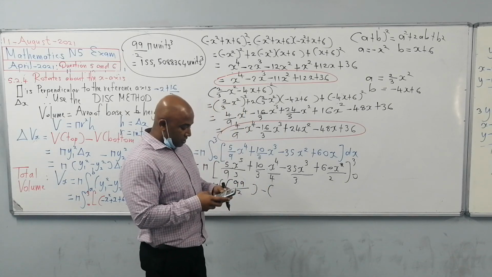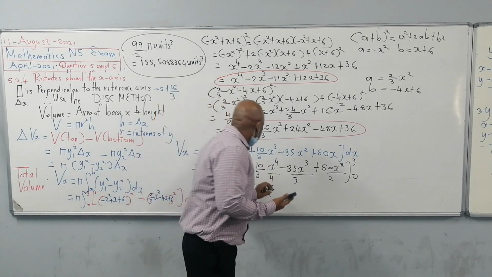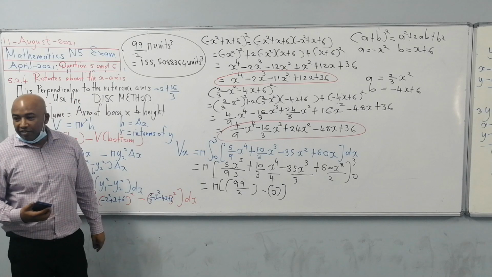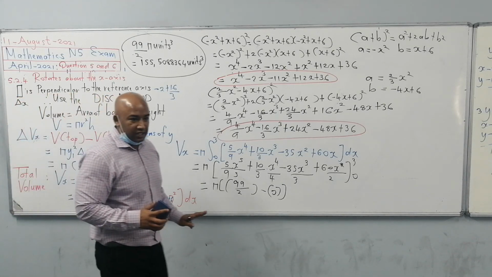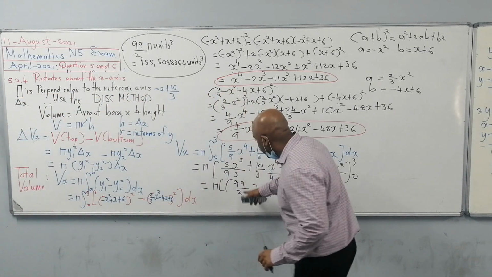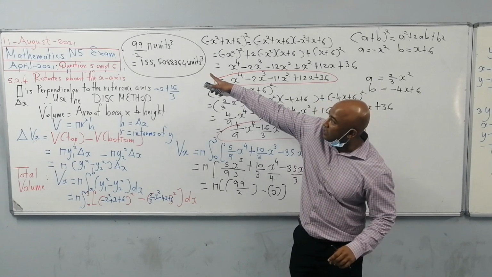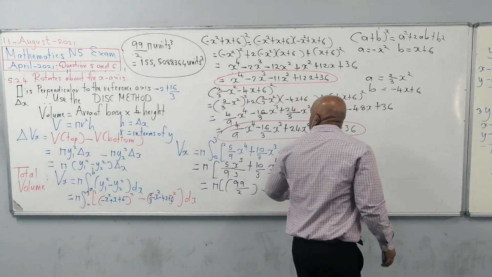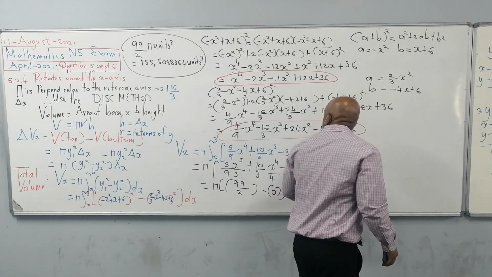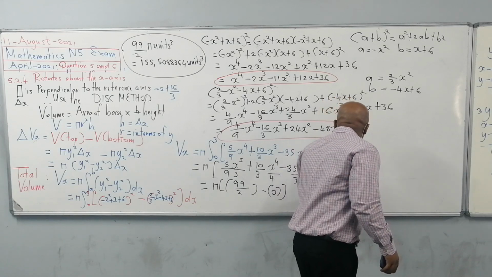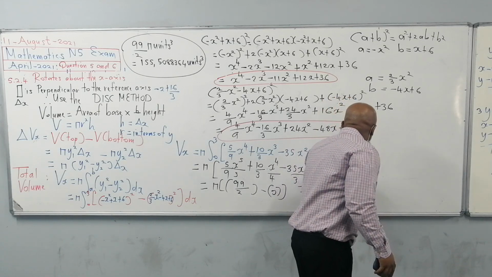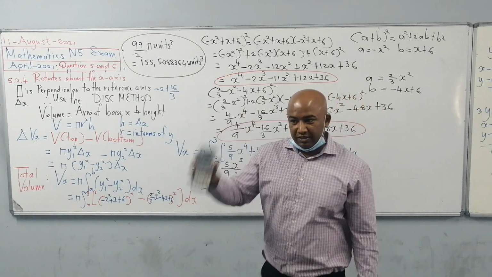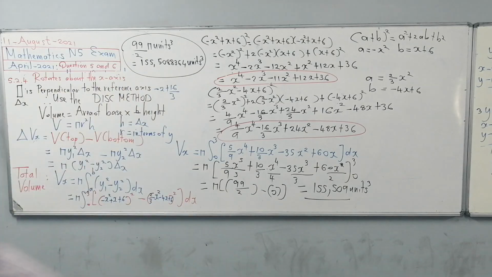Minus, when I substitute 0, I get 0. Obviously, you can see a 0 here. Oh, and that is a relief. So we're lucky there is no mistakes. Right, so 99 over 2 times pi is 99 over 2 pi, which is equal to 155.509 units to the power 3, and that is correct. We verified it on the advanced calculator. Alright, so